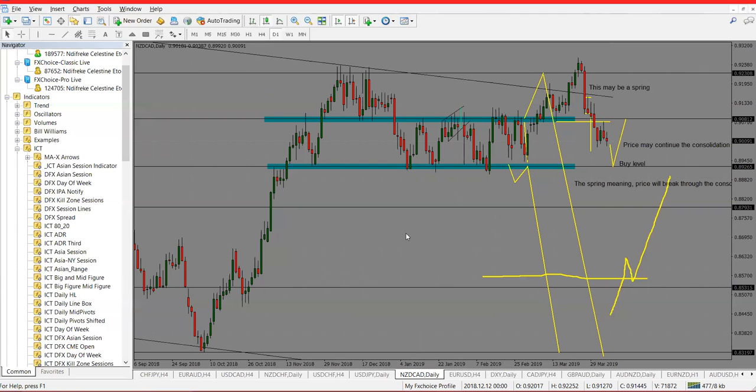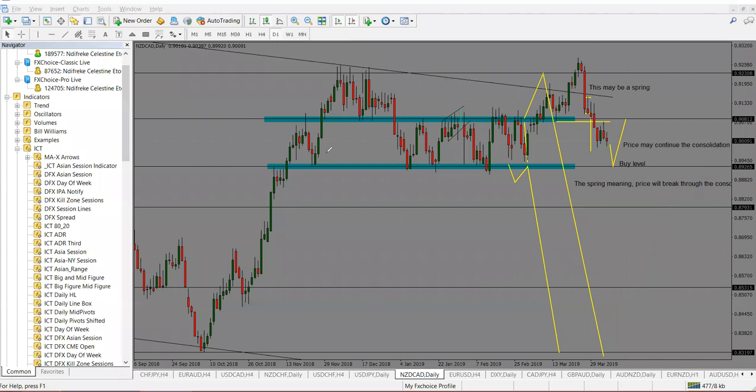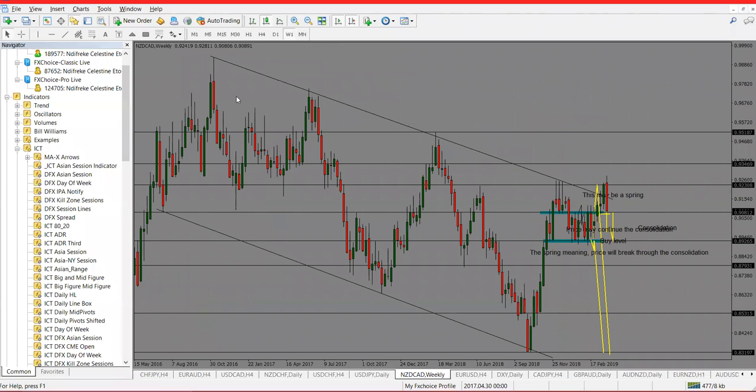NZD CAD. This is another pair. I need to get these things out of the way now. So NZD CAD, another good trade that we've been monitoring for some time now. Remember, guys, we started last year looking at that opportunity. So price gave us that fork or